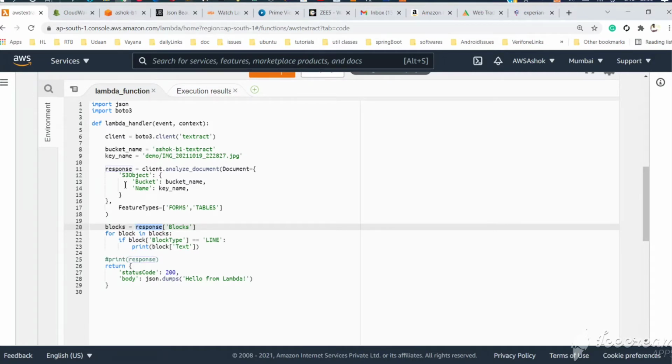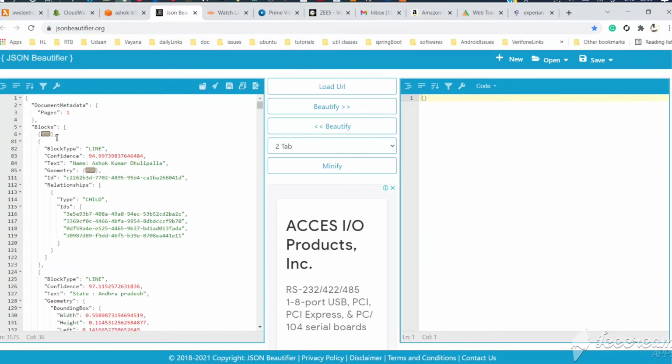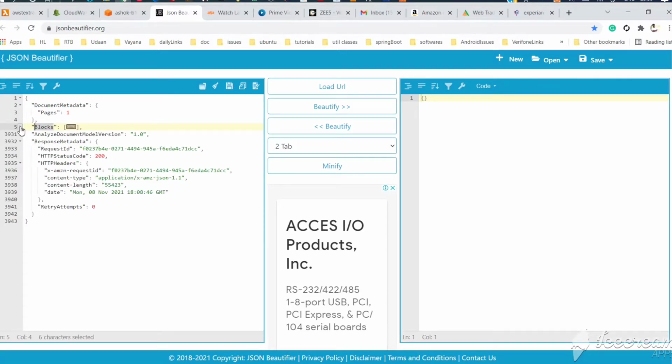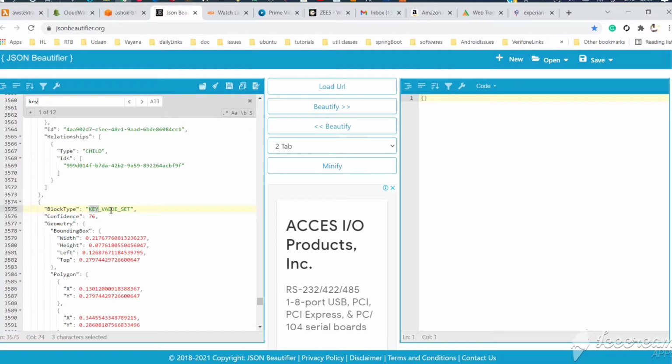Here we will get a direct response in JSON, and if you print this JSON we will get this one. I just kept it in a JSON beautifier. So this is the response. We will get an array of blocks, and in this array each block has a block type, either line, word, table, or key value set. So to print key value pairs, we need the key value set block type. Here you can see this is a key value set,